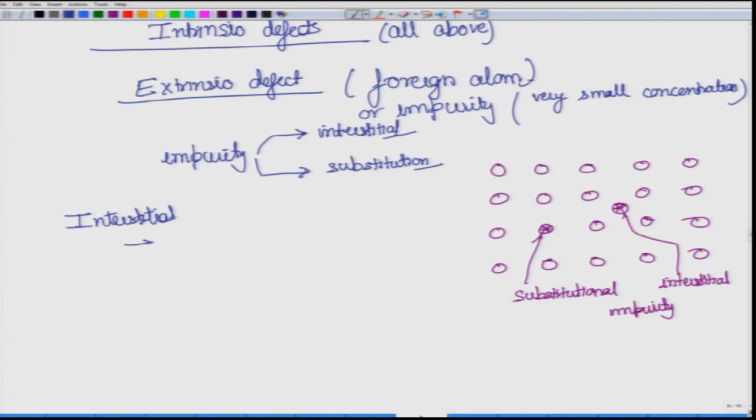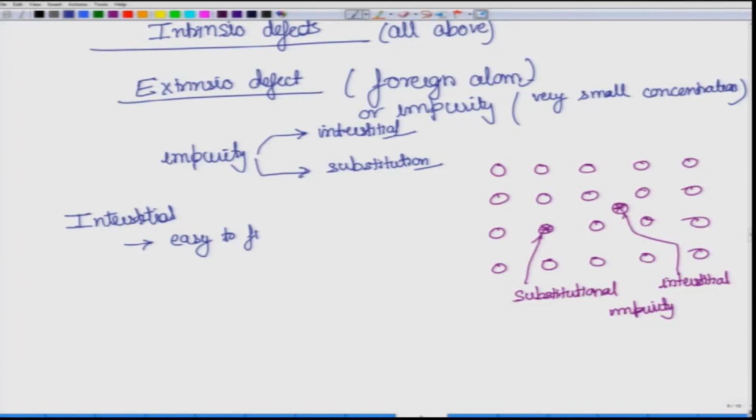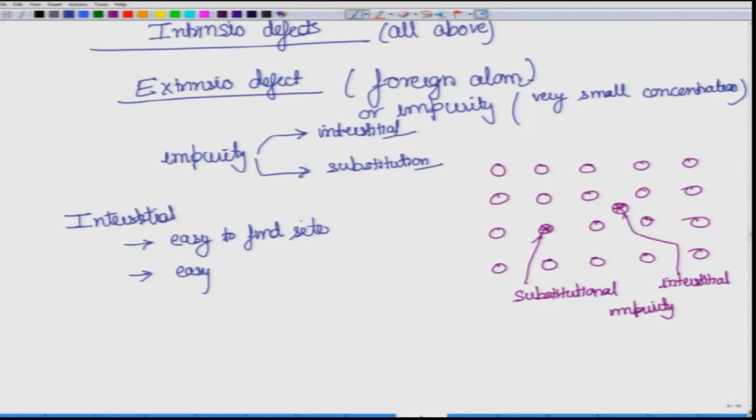So, in terms of the number of sites where the interstitial can go, since it is all empty, it is easy to find a site. So, that is one advantage. If you are an interstitial atom looking for a site, then you know that there are several, because all of them are almost open. So, easy to find a site. If you want to migrate from one place to another, so you say okay, that is the place where there is less energy, then for migration you need to jump and you need vacancies around. So, in effect all other sites are vacant for you. So, easy to glide or easy to move.